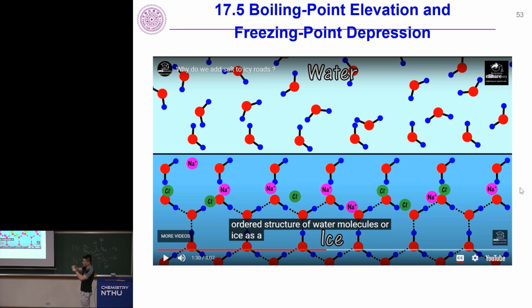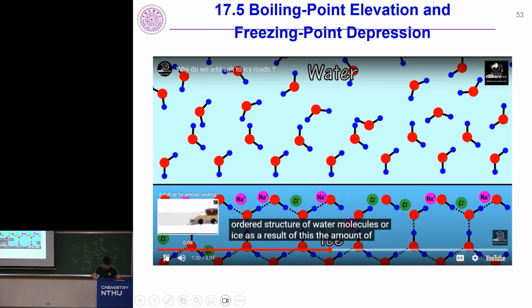Since it's very hard for the water to go into the gas phase as a liquid, on the other hand, it's also very hard for water to form a periodic lattice because the structure is broken by the stronger interaction. Hence, we have a boiling point elevation, we have freezing point depression. Okay, any questions? As a result of this, the amount of water